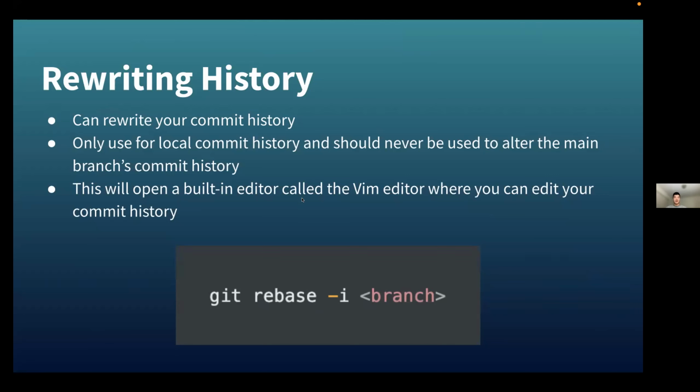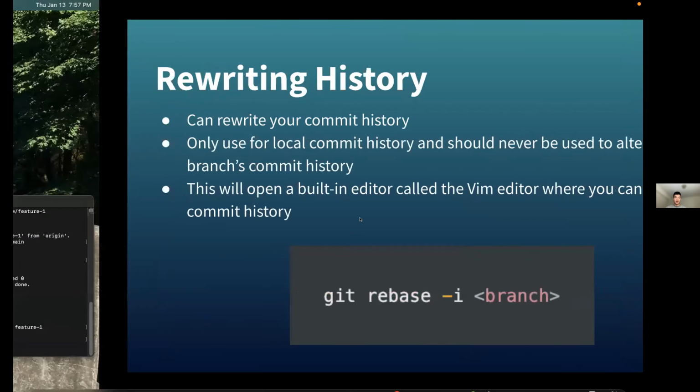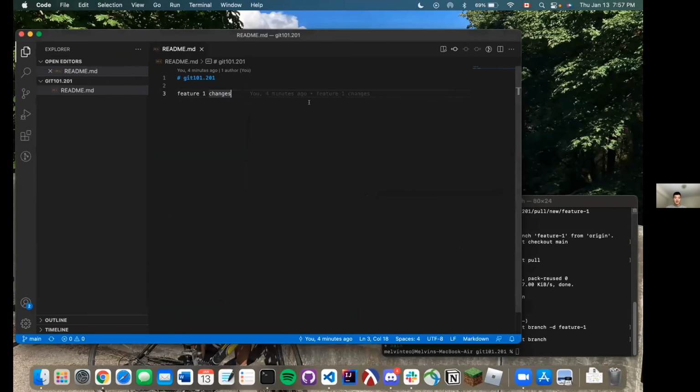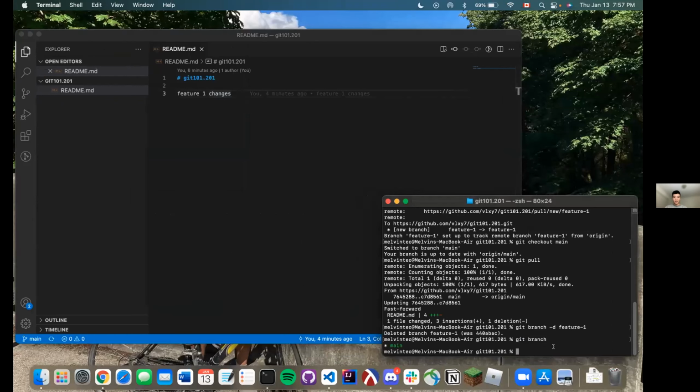And basically, when we run this command, git rebase, it'll also open a built-in editor called the Vim editor, which we'll see later, where you can actually edit your commit history. So let's go through a demo of that. Git rebase, rewriting history. Alrighty, so back in the VS Code editor, my terminal, I'm going to make sure I'm in